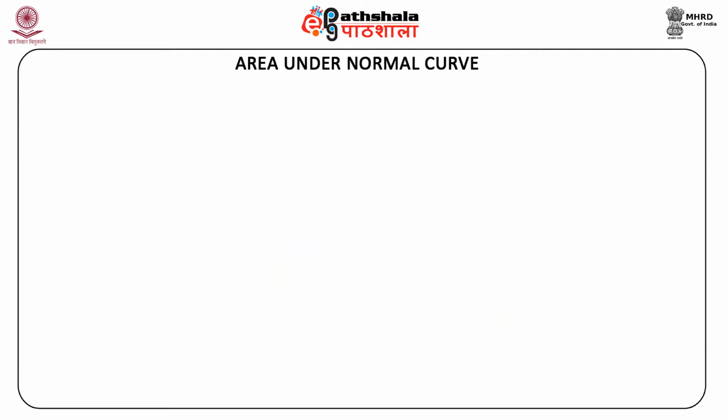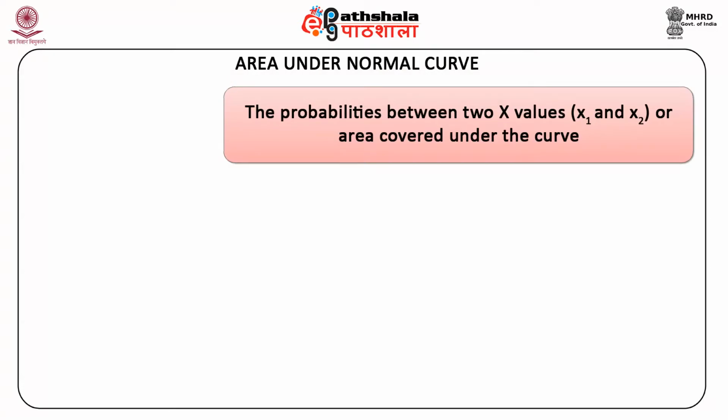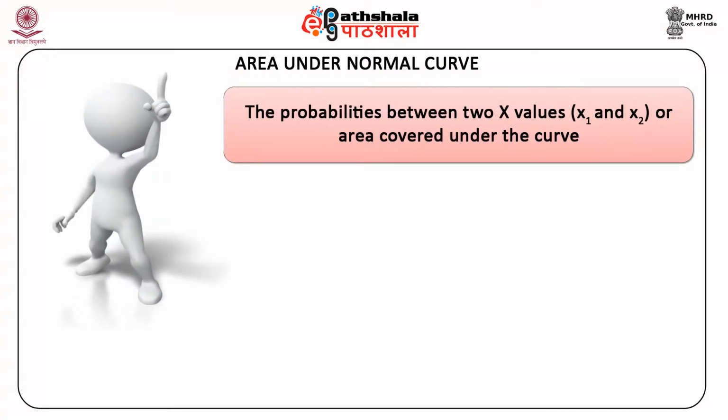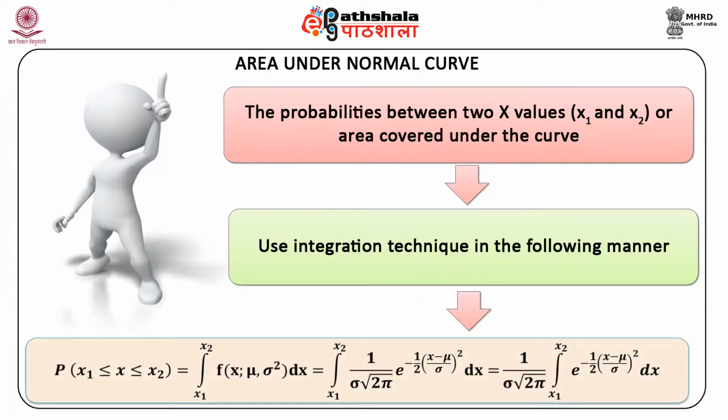Computing areas under the normal curve. In order to compute the probabilities between two x values, x1 and x2, or area covered under the curve between 2 points, we are required to use the integration technique in the following manner. Probability that x1 is less than or equal to x, and x is less than or equal to x2, is equal to the integration with limits from x1 to x2 of f(x; mu, sigma squared)